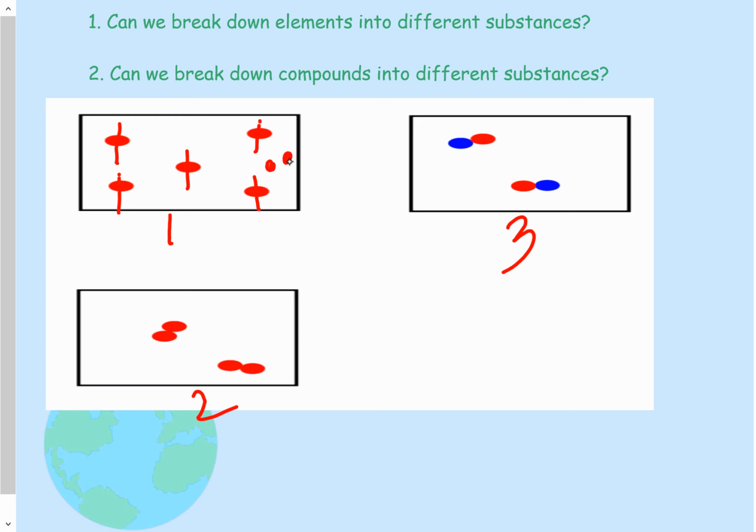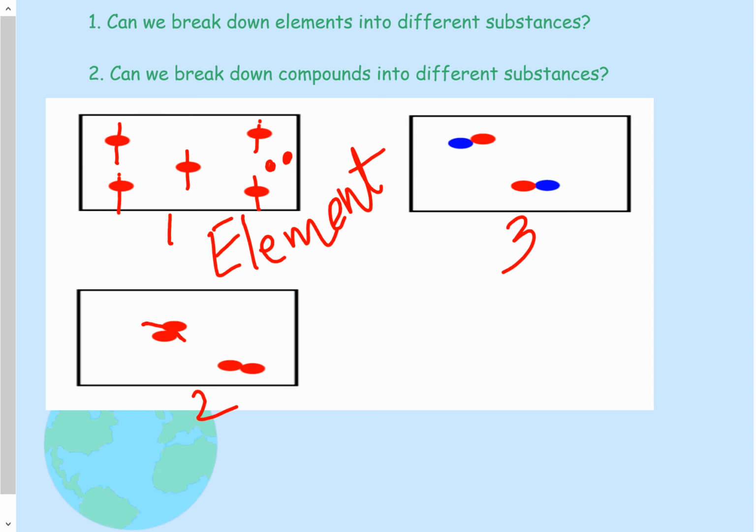Think about a chalk. If you break apart a chalk, you're still going to get powdered chalk. It's not going to be different. It's not going to be like a pen or paper, right? So if you break something down and you still get the same exact thing, then it would be considered an element. If you look at number 2, even though there are 2 red circles,